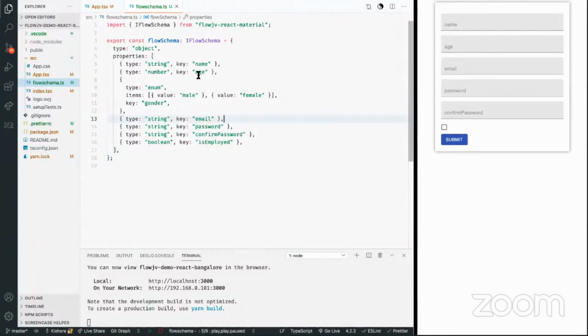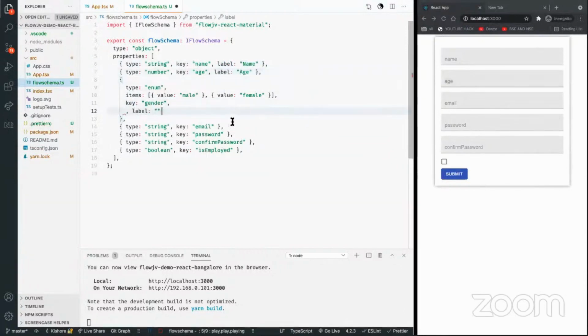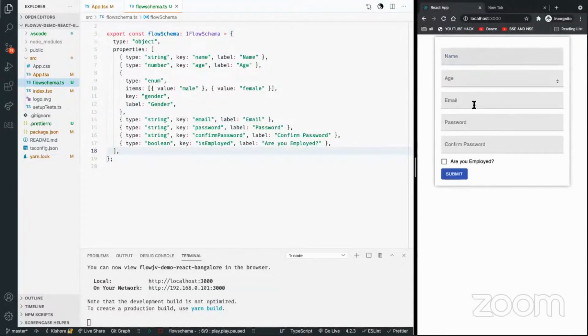So this is all fine, but these keys are something that are data related, right? But when it comes to showing to the user, we want to show relevant useful information. Like this name key doesn't make sense. User needs to see UI related information. So for that, we can create labels for all of these data requirements saying, all right, for data key name, I want to show the label as name, and then for age, all the relevant labels we can define. And then those are going to become our label information now.